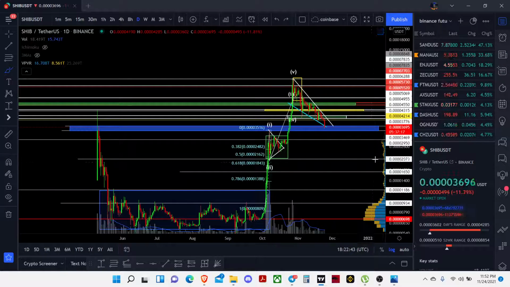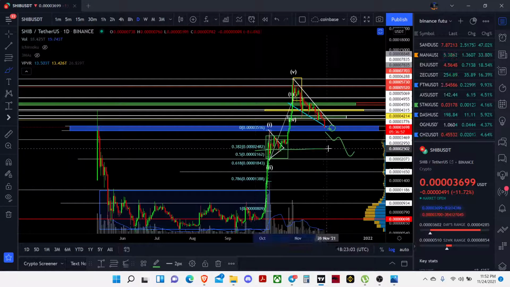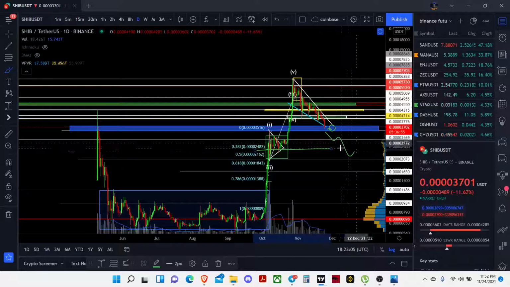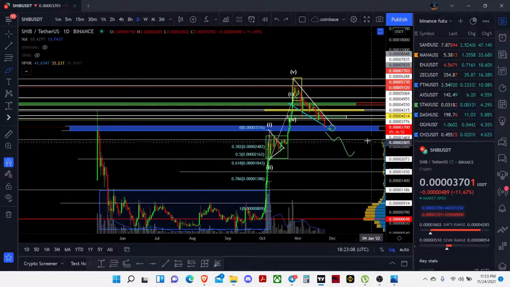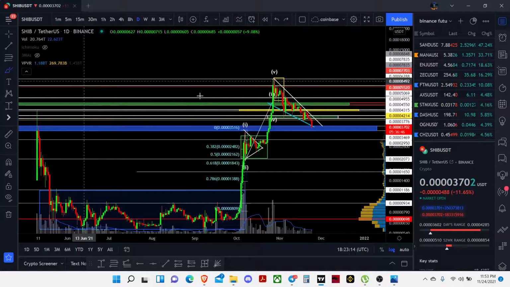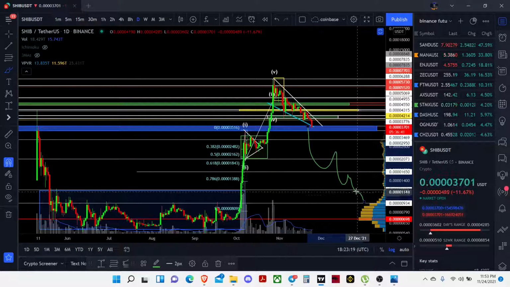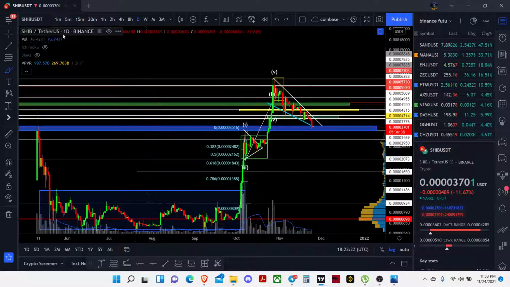So I think this thing is gonna come down at least to this blue box, and it's gonna hold it. If this blue box breaks, then I will be looking for it to come back down and test this liquidity. So within this range, I think it's gonna get some support and go up, but not that big because it's a shitcoin. I'm not optimistic about Shiba Inu. I'm pessimistic, and I think every shitcoin will die, so this thing can also die, but who knows when.